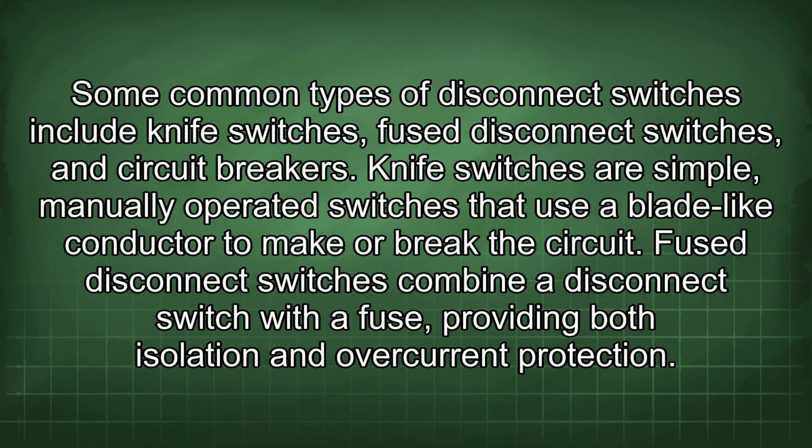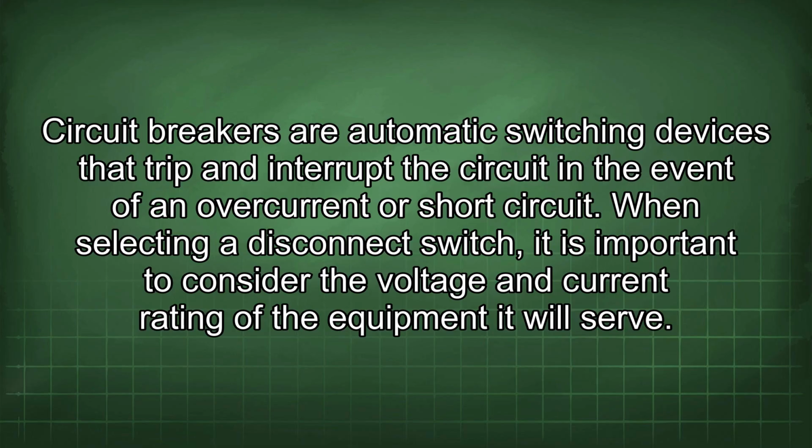Knife switches are simple, manually operated switches that use a blade-like conductor to make or break the circuit. Fuse disconnect switches combine a disconnect switch with a fuse, providing both isolation and overcurrent protection. Circuit breakers are automatic switching devices that trip and interrupt the circuit in the event of an overcurrent or short circuit. When selecting a disconnect switch, it is important to consider the voltage and current rating of the equipment it